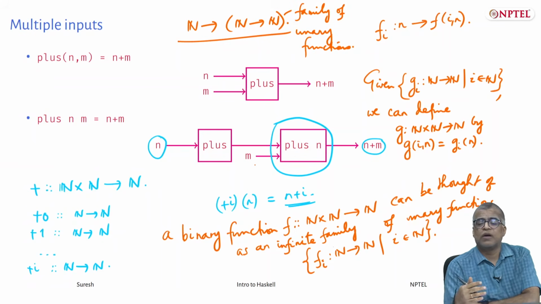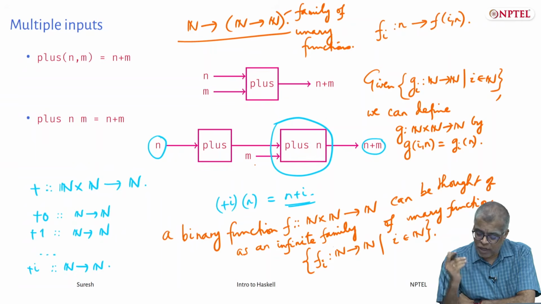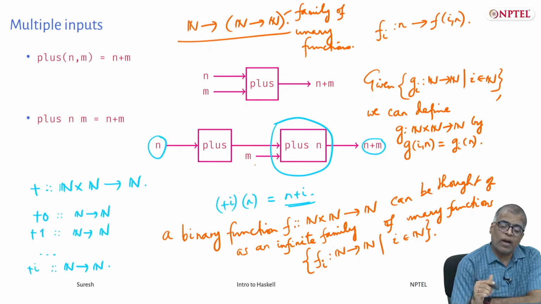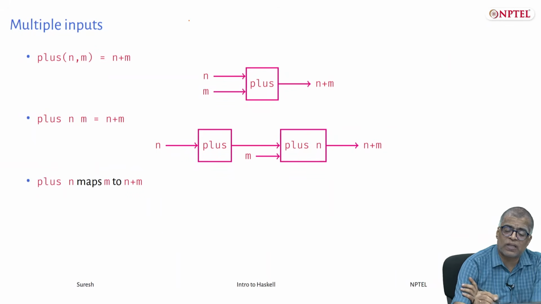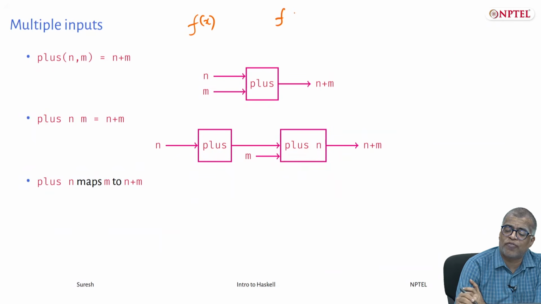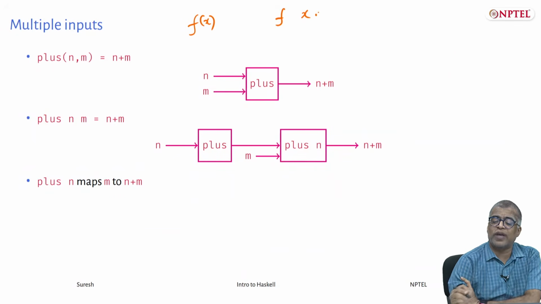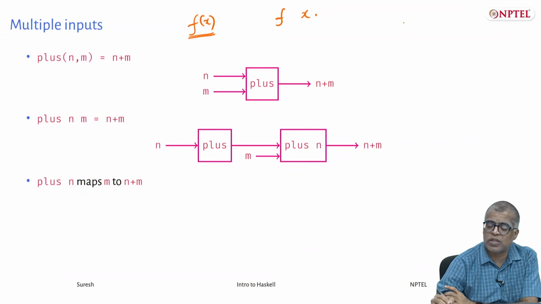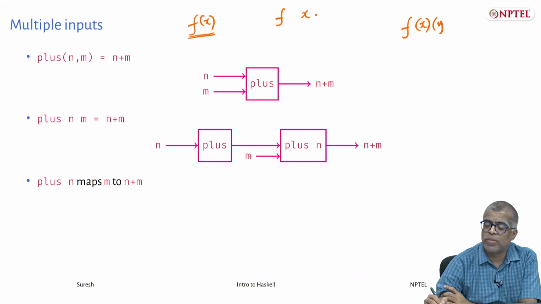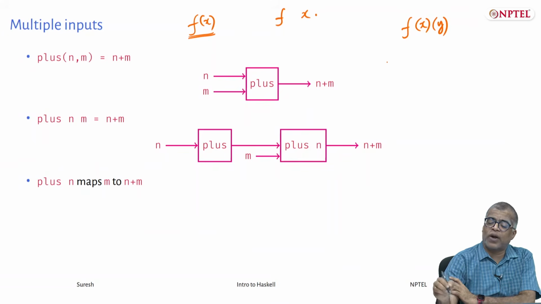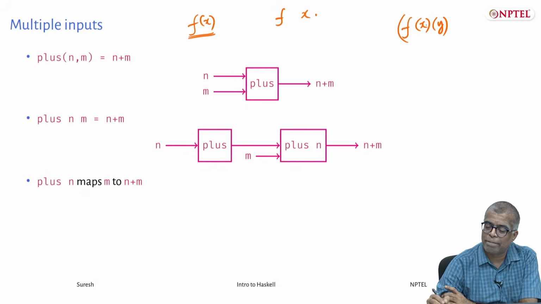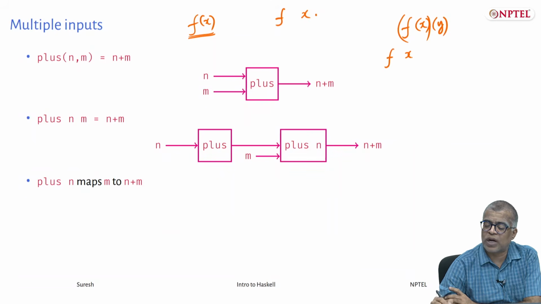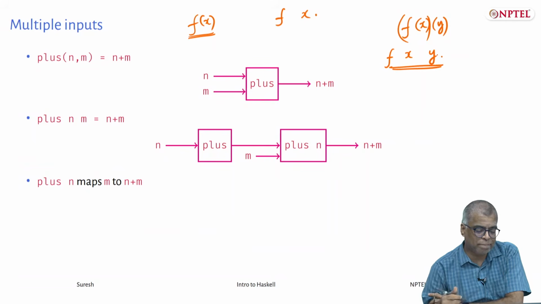This is precisely the isomorphism, if you will, that Haskell exploits. So, it treats every function as a unary function, right. And this is just a piece of Haskell syntax. Rather than writing f of x, you will write f space x, okay. And this is convenient because if you were to write f and the argument within parentheses, you would have to write things like f applied on x, and then write parentheses and write y, maybe sometimes put parentheses here. This becomes unwieldy. So, in Haskell you just write f x y, okay. This is very simple, okay.